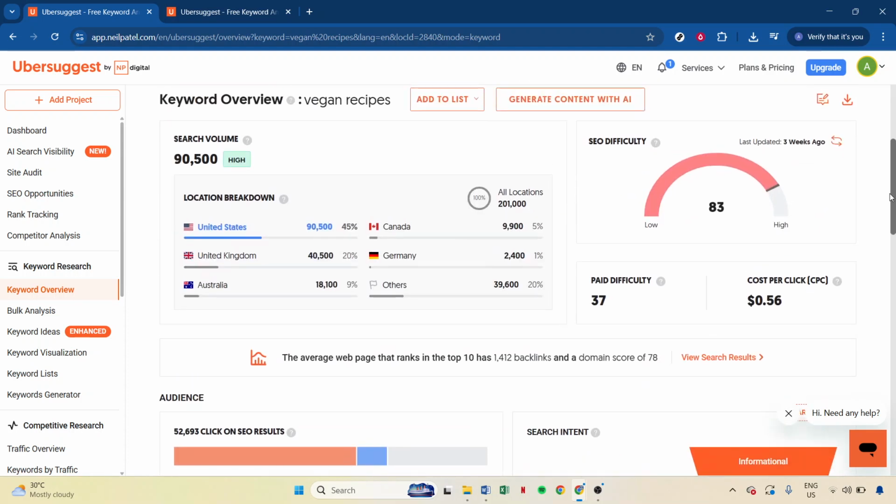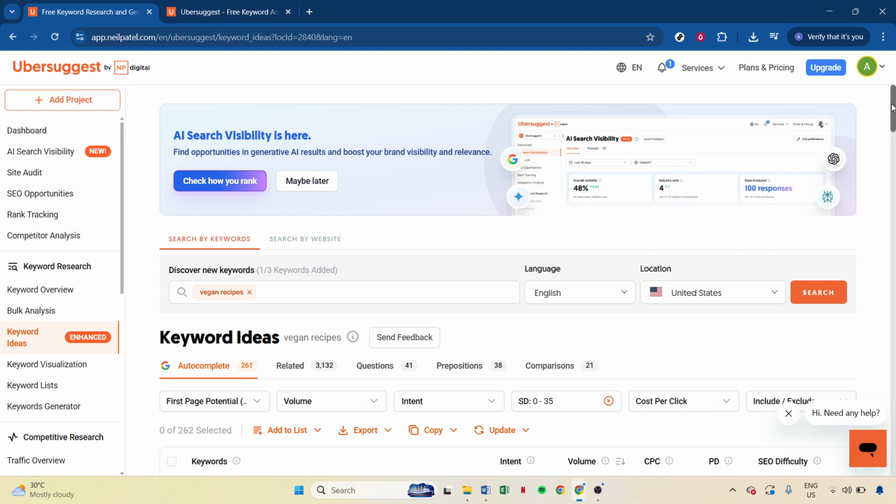After initiating your search, turn your attention to the left-hand menu of the Ubersuggest interface. You'll want to click on Keyword Ideas. This section is a goldmine of information. Here, you'll find a comprehensive list of related keywords, complete with search volumes, SEO difficulty scores, and cost per click values. These insights are pivotal in understanding how each keyword could potentially perform and which ones could be more manageable